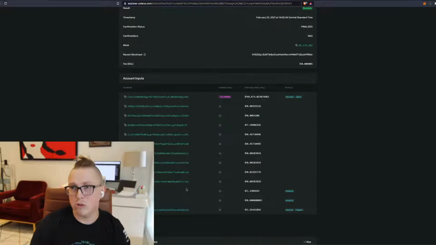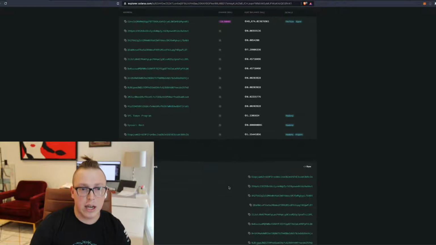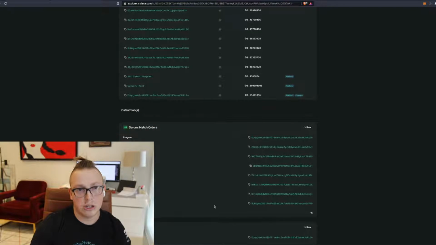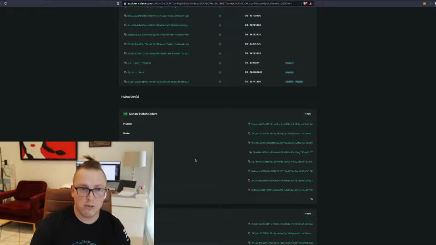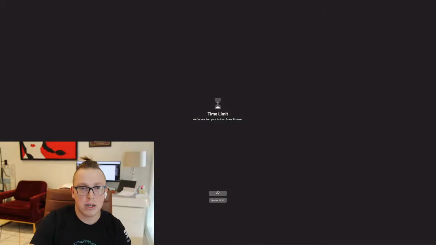This is extremely useful when you are coding your program because you can identify what the balances are and what instructions were executed. For known programs, like for example Serum DEX, the Explorer implemented matching of the names to the token instructions. When you are building your own smart contract,